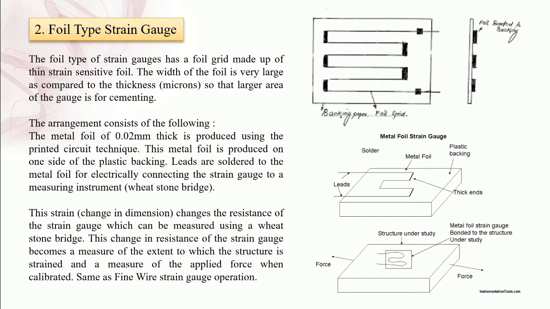In case of the characteristics, we can say that the characteristics of this foil type of strain gauge are very similar to those of the wire wound strain gauge, and their gauge factors are typically the same as that of the wire wound strain gauge. The resistance value of the foil gauges, which are commercially available, is between 50 and 2,000 ohm. Okay. The advantage of foil type strain gauge is that they can be fabricated economically on a mass scale.